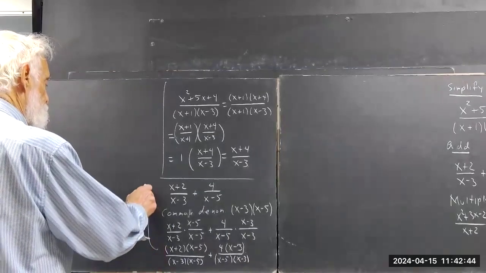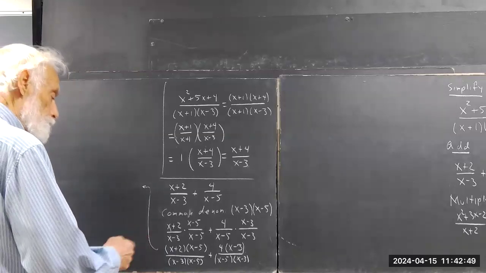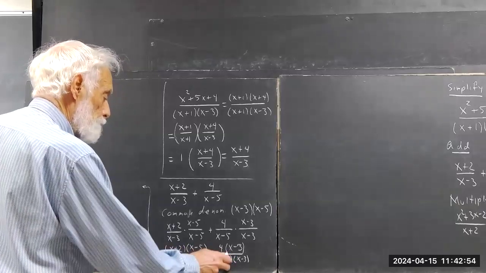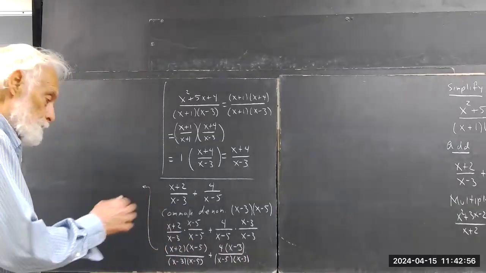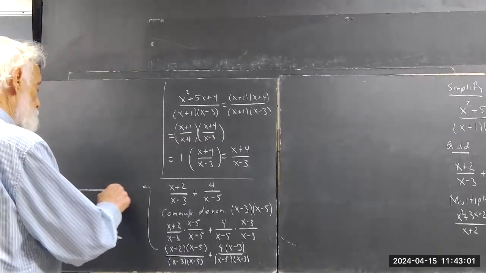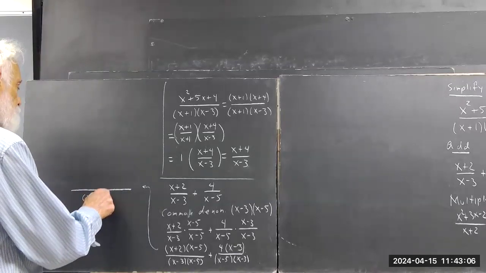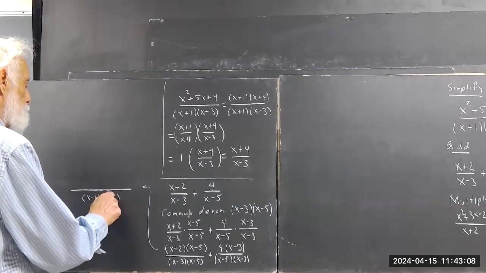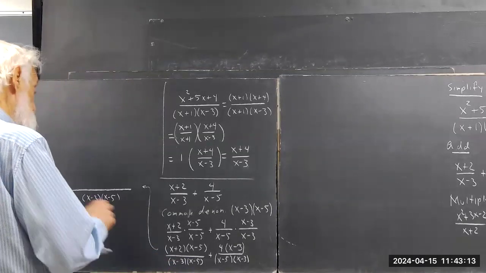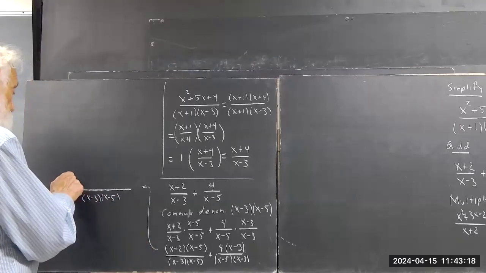Now, come up here to finishing. This means this denominator is the same as this denominator. These two factors are in different order, but multiplication doesn't care what order you multiply two things in. So we know that our common denominator can be written x minus 3 times x minus 5. And if you want to do x minus 5 times x minus 3, it doesn't make any difference at all. So that's your common denominator, and you can add your numerators,